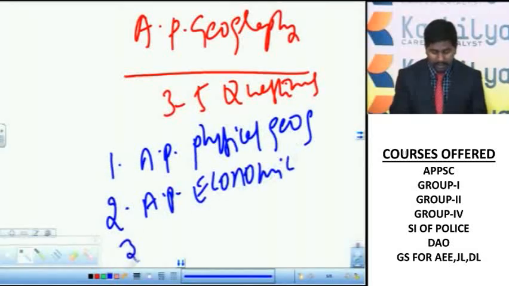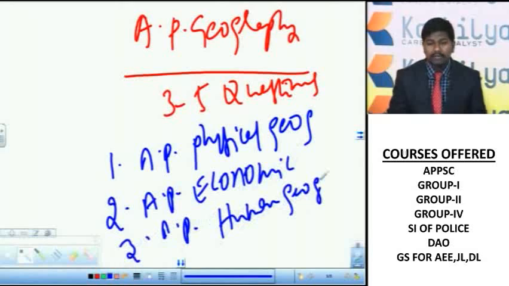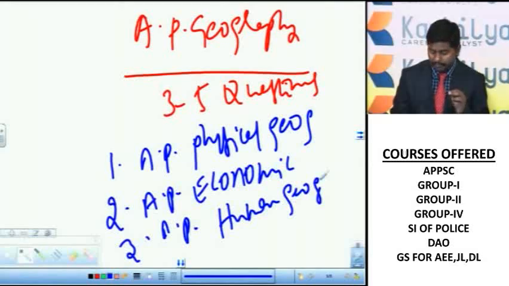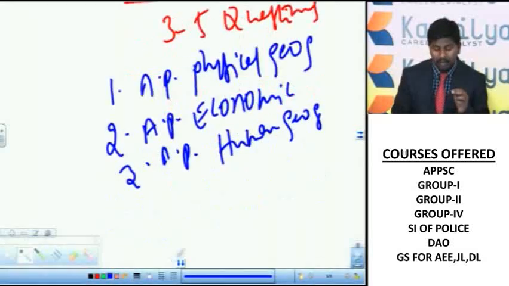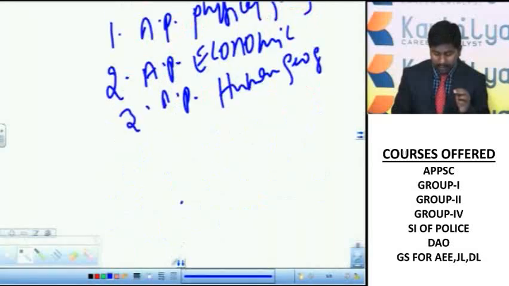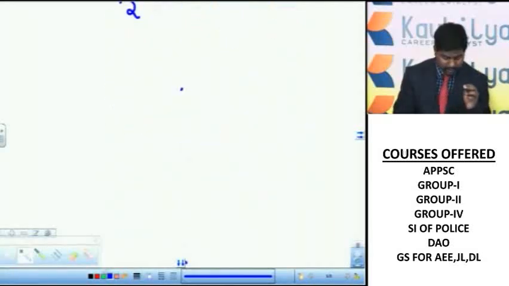Number 3, AP Human Geography. Andhra Pradesh Physical Geography, Andhra Pradesh Economic Geography and Andhra Pradesh Human Geography. So in these areas again we will get the questions, and the detailed topics of the syllabus can be